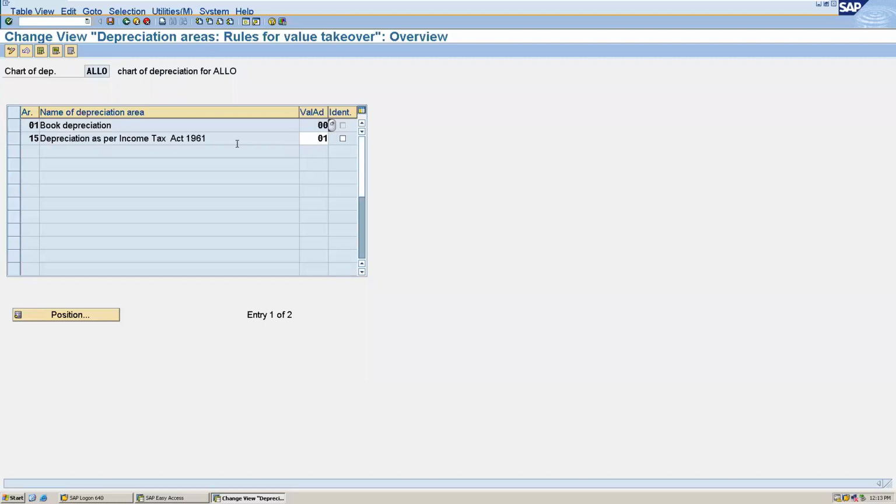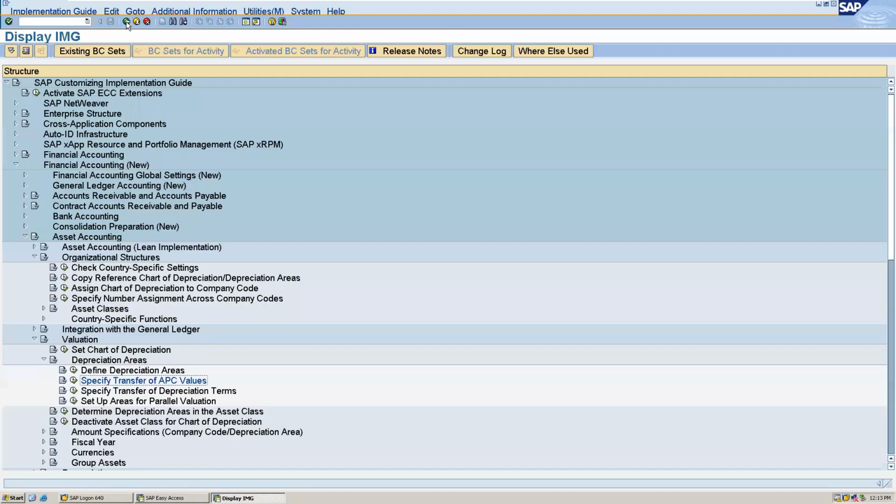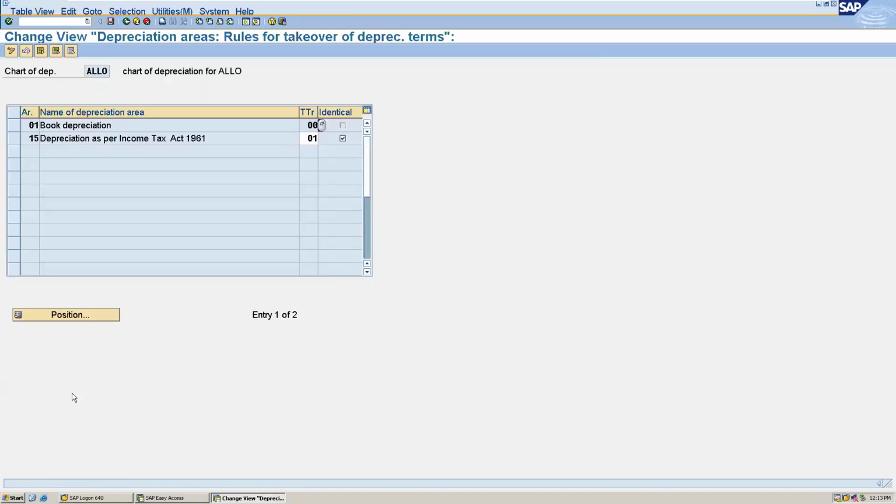You can see 01 has been copied here. Okay, so no changes have to be made. Save that. Go back. Then we have to check for specify transfer of depreciation terms. Here also the same, 01 has been copied to the derived depreciation. Okay, no need to make any changes. Leave that.